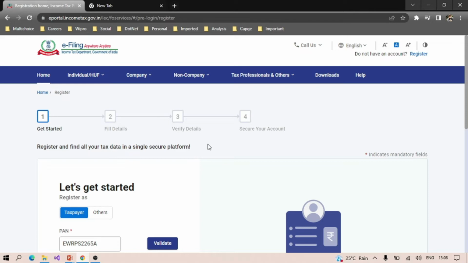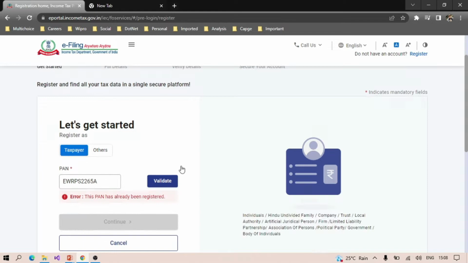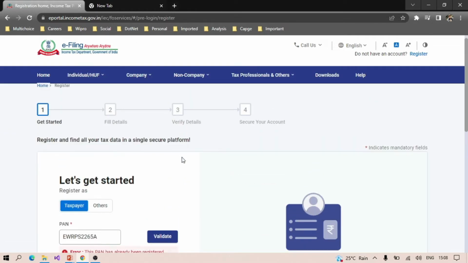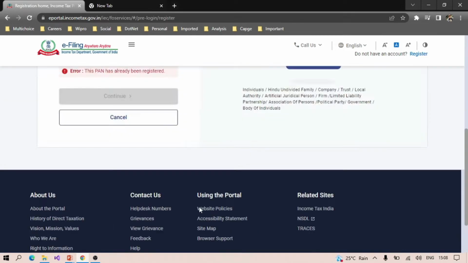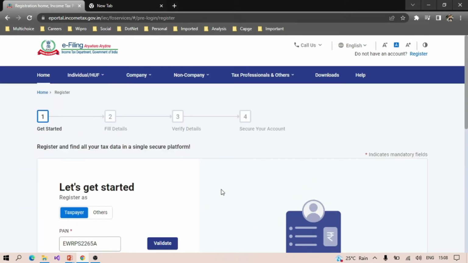Once you validate those details, your account is registered with the income tax portal, and you can get the ID and password and log into the application. It's not a time-taking thing. If you have everything handy, you can create your account within 5 or 10 minutes. Put a comment if you have any doubt or trouble creating your account, and I will guide you more. So let's go back